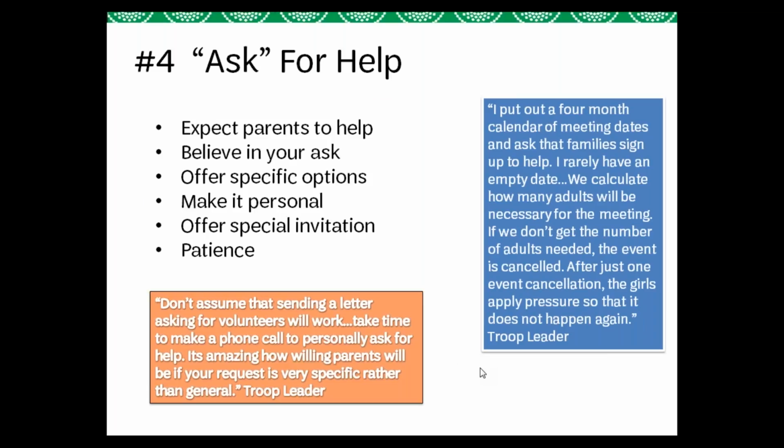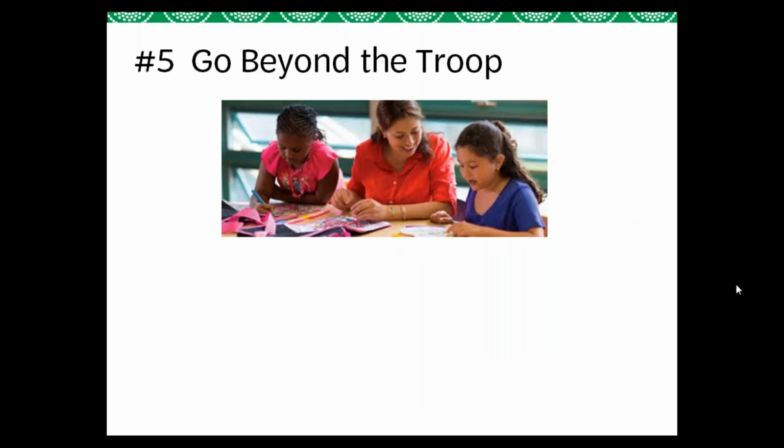So, tip number 5 on helping engage your parents with the troop is to go beyond the troop. What we mean by that is activities outside of regular troop meetings and outings allow parents to see a broader view of Girl Scouts, and many of these activities can also count towards badge or journey requirements. Many parents are unaware of these opportunities. So the more connected your parents are with Scouting and the organization overall, the more engaged they'll be within your troop. A couple ways that you can help your parents go beyond the troop